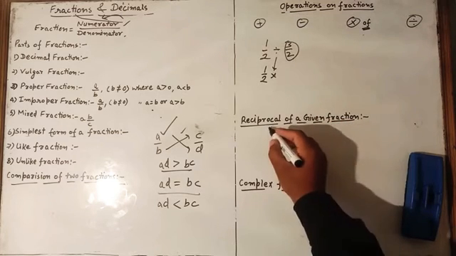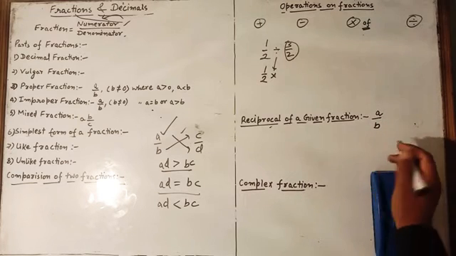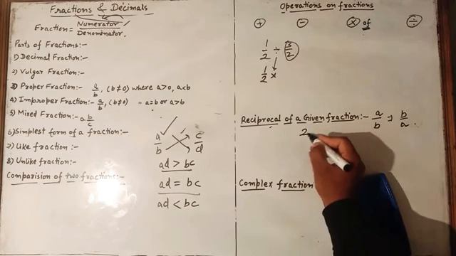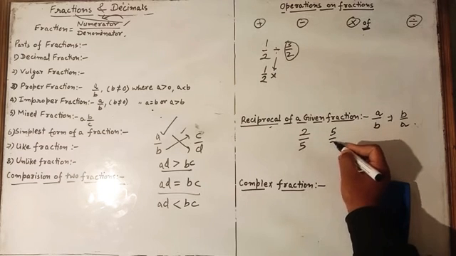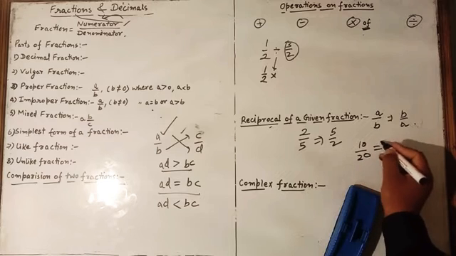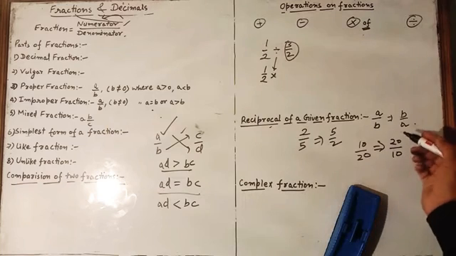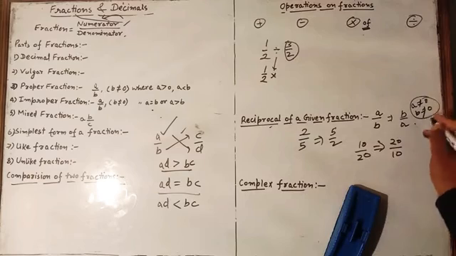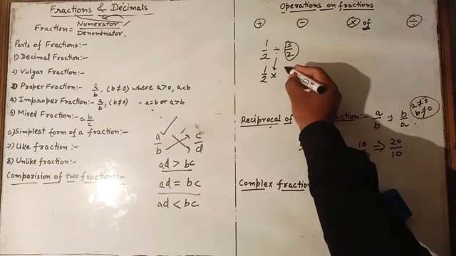First we will understand reciprocal. If a fraction is a upon b, then the reciprocal of a upon b will be b upon a. Means if 2 by 5 is written, then what will be the reciprocal of 2 by 5? It will be 5 by 2. If it is 10 by 20, then the reciprocal of 10 by 20 will be 20 upon 10, like this we will write. And for this also, a should not be equal to 0 and b should not be equal to 0. This will be the condition. So here the reciprocal of 3 by 2 will be equal to 2 upon 3.